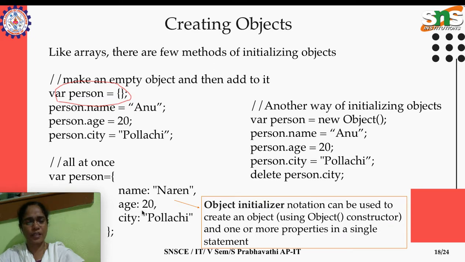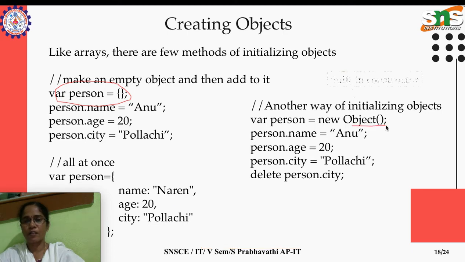And this is another way of creating the object. Just now we have seen it; this declaration is called object initialization. It means that while declaring the object itself, we give the property values. Then the other way of creating objects is using the built-in constructor. Variable person is equal to, we use the new keyword and the built-in constructor Object. Then later you can add properties.